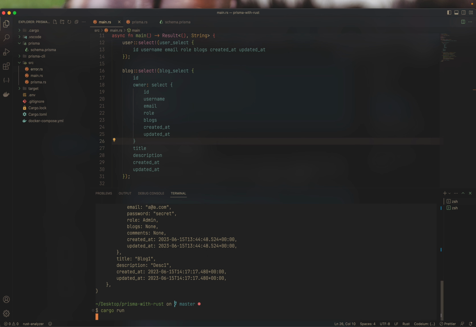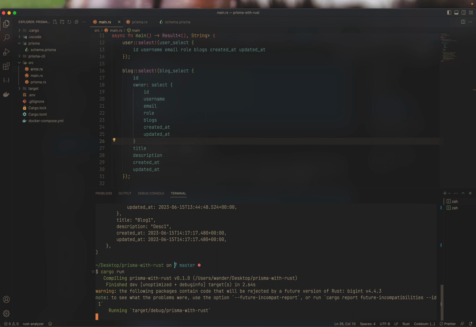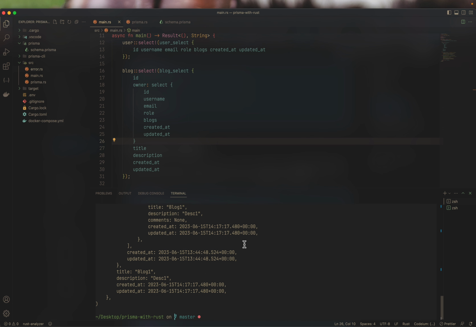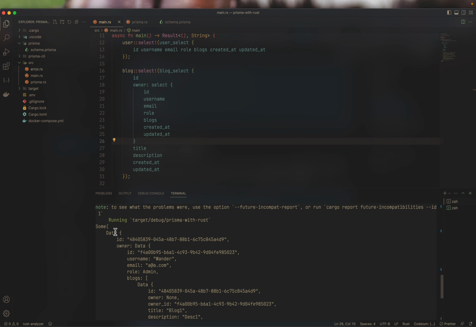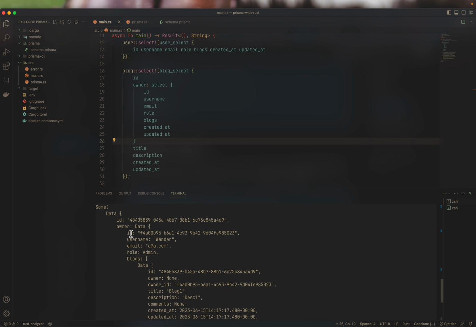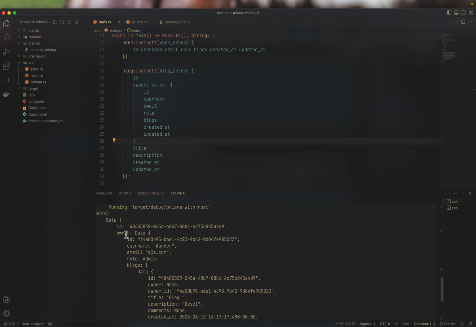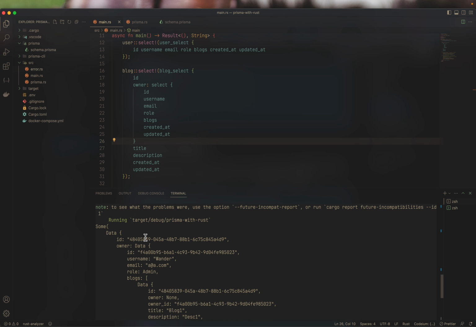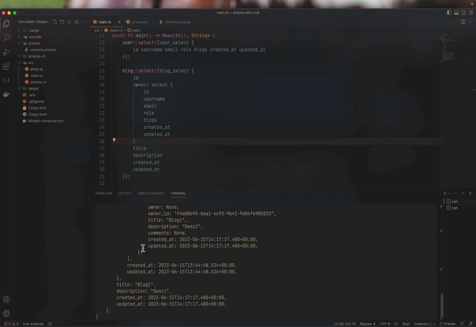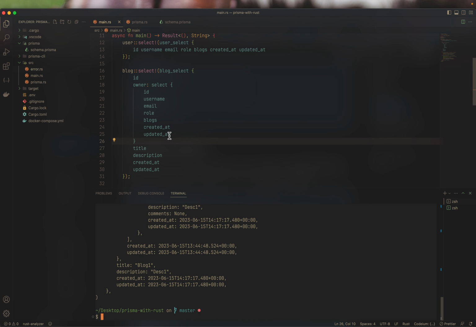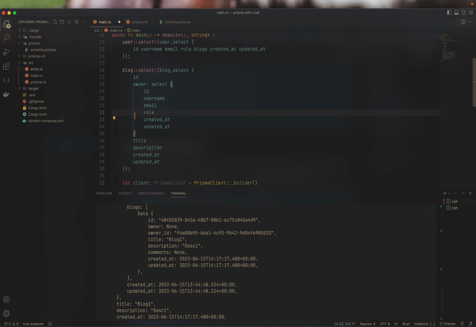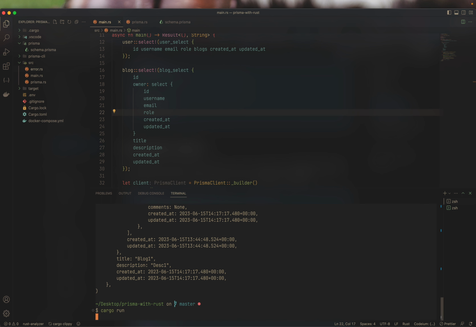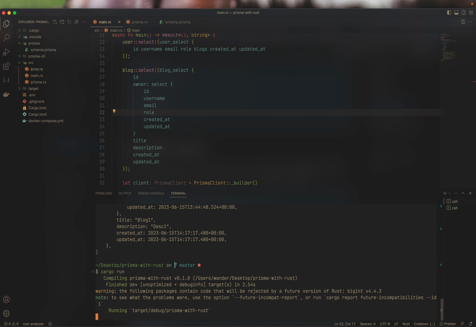So if I run that again, you should see that our output is going to look a lot cleaner. There you can see that we have the data. So this is the block data, and then we have the owner, which is data, and you can see that it is nested like this, because I'm trying to populate it since I do have this block here, and it just does a nesting like this. Well, let's just remove that and do it again, and you shall see that our output is going to be